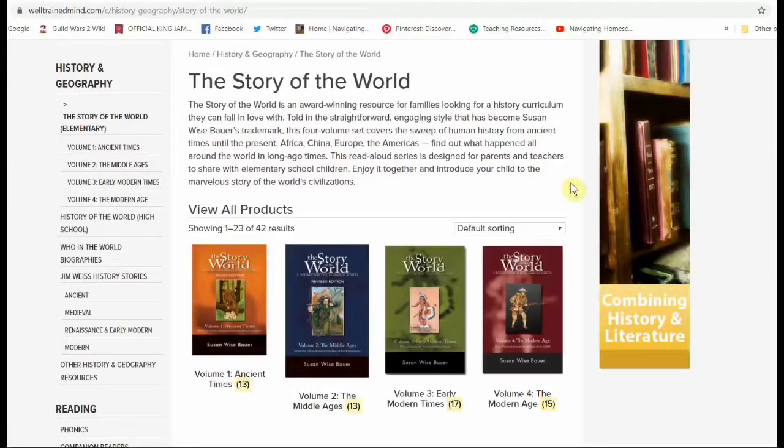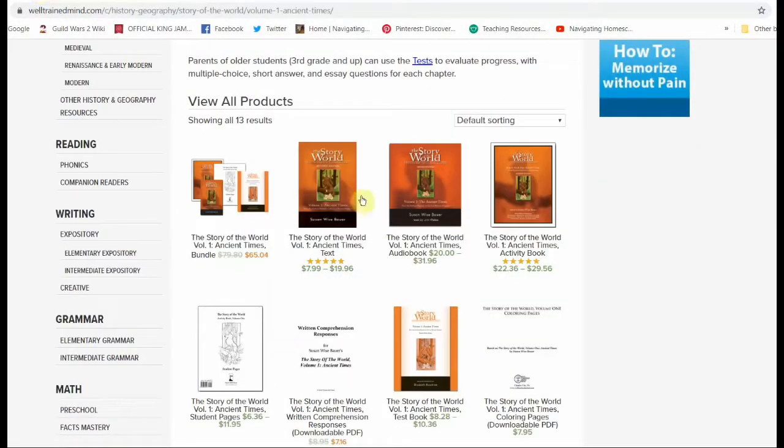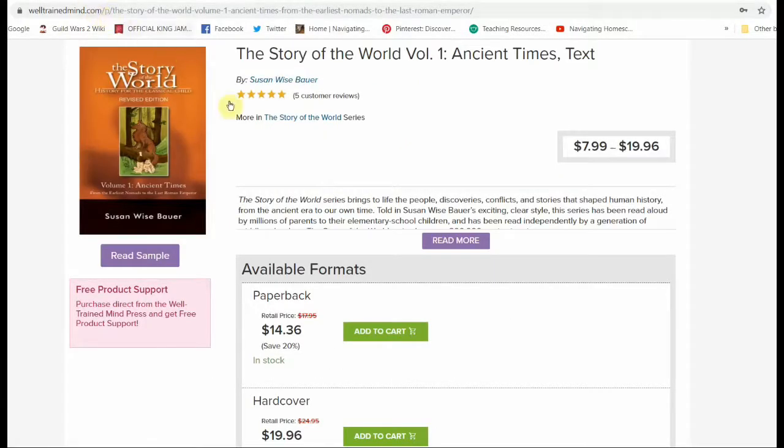And so I'm going to show you that book and why I like it. Now there's a lot of materials you can get. I'm going to show you the ones I think you absolutely need. I don't think you necessarily need to get all of them because that will rack up the cost pretty quickly. So the things I use is the